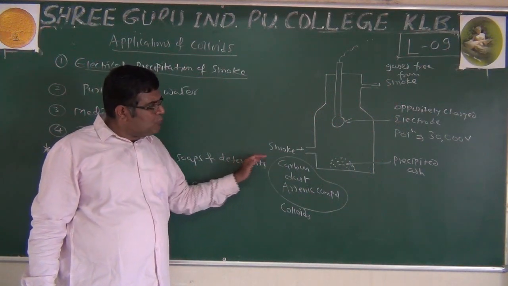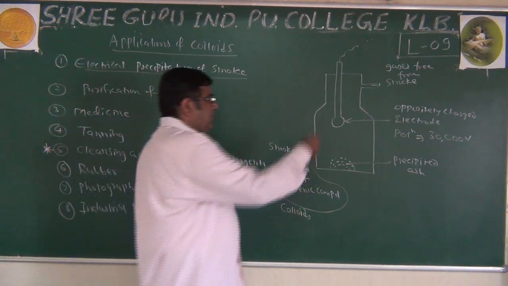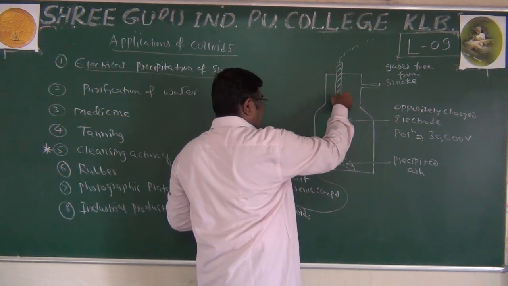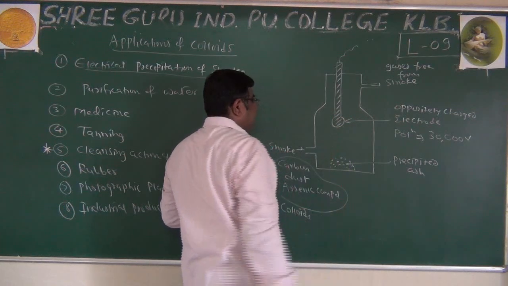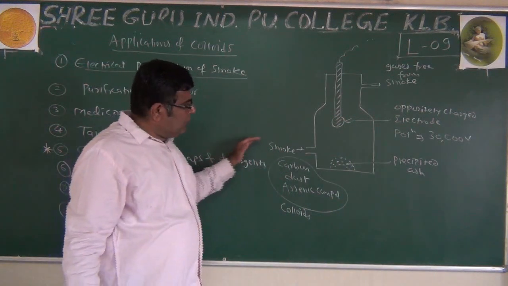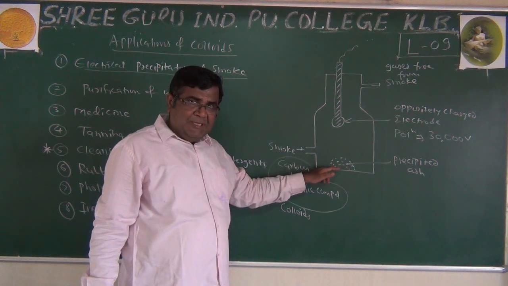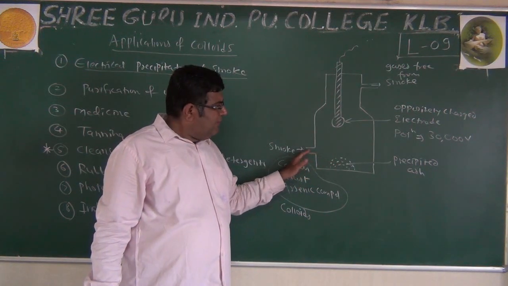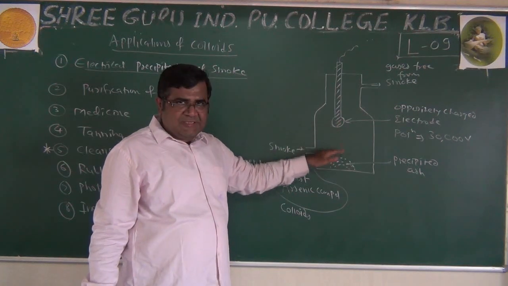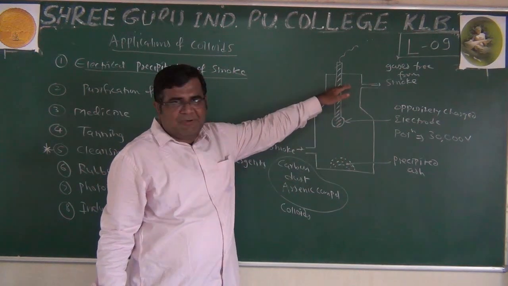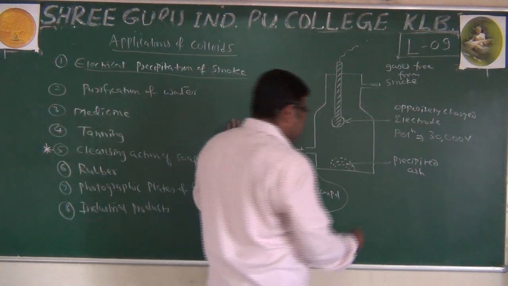To minimize the air pollution, this arrangement is done. This is the oppositely charged electrode with very high voltage. Smoke is allowed to enter the chamber. It is precipitated, coagulated by discharging at the oppositely charged electrode, and gases coming out are free from the smoke. This is called